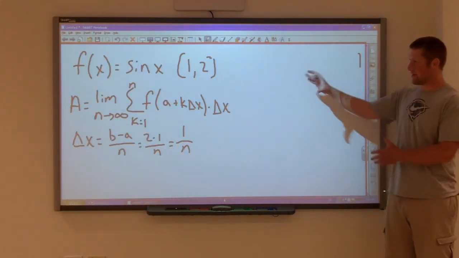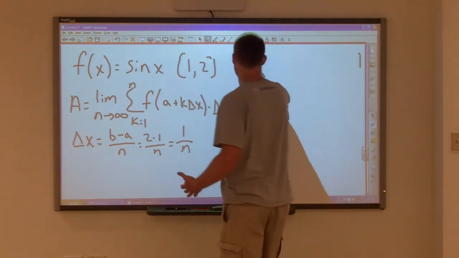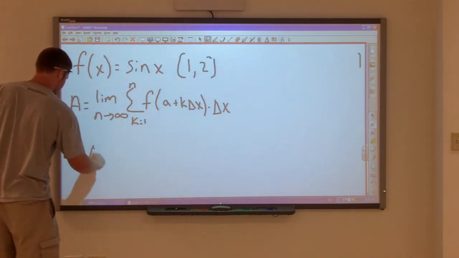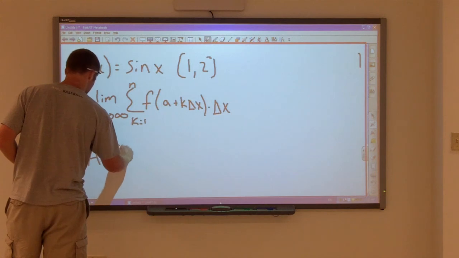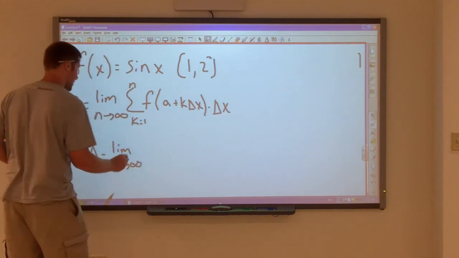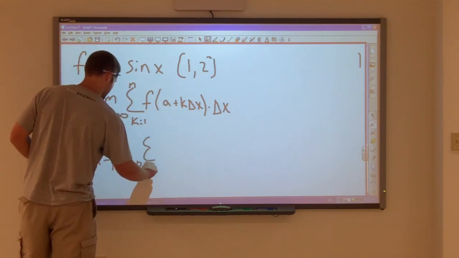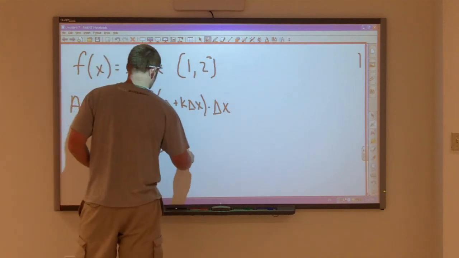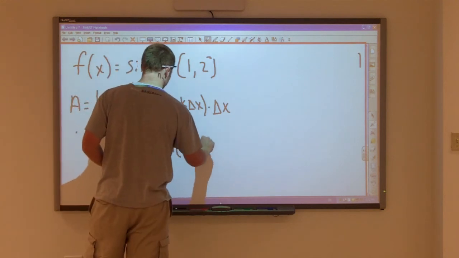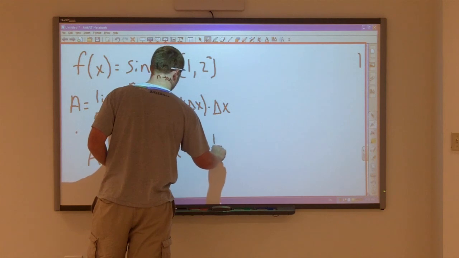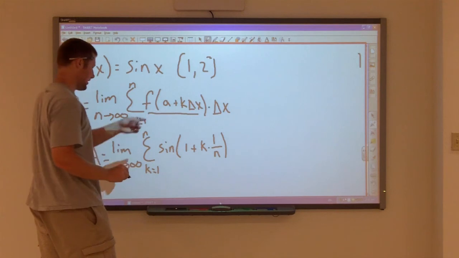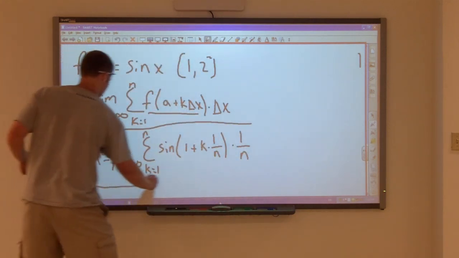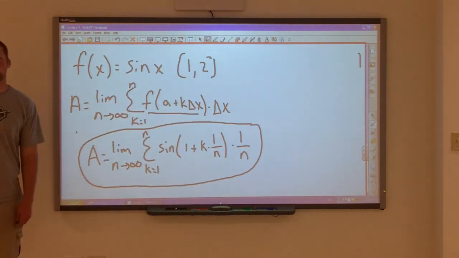Alright, so if we try and take sine of x and write it in a Riemann sum, it's going to look something like this. Alright, so our area would equal the limit as n goes to infinity of the sum from k equals 1 up to n of sine. A is just 1, that's the start of our interval, plus k times 1 over n. So that's this term. Our second term, delta x, which we just wrote, is simply 1 over n. So this here would be our Riemann sum, and that is how we can calculate the area under a sine